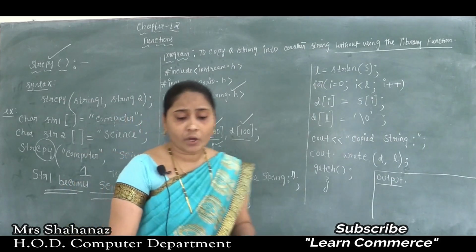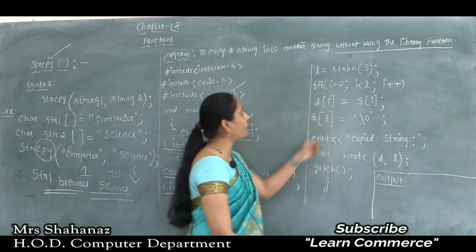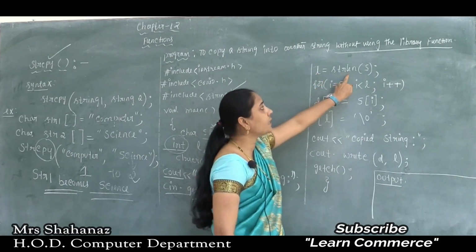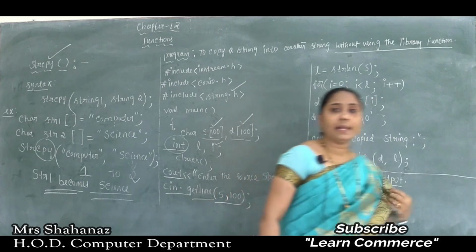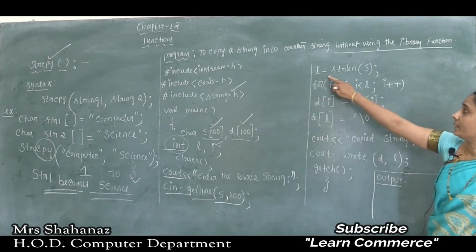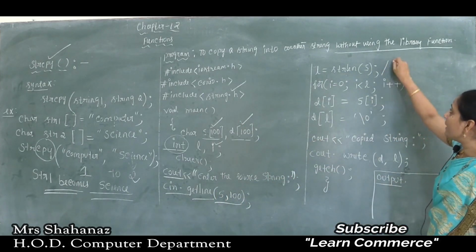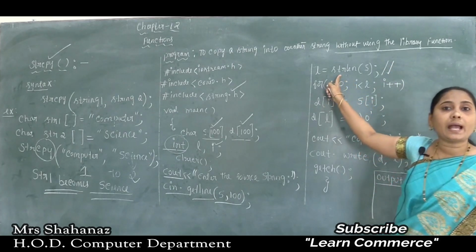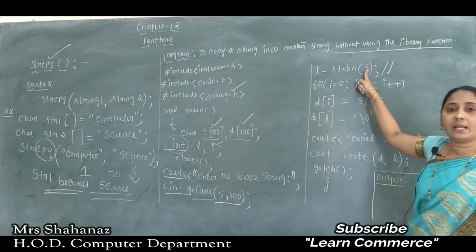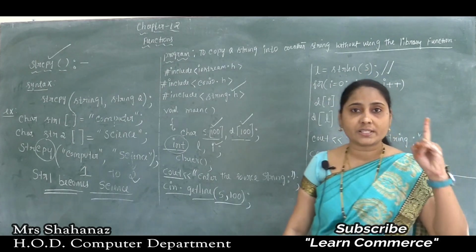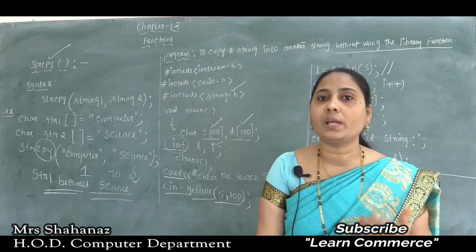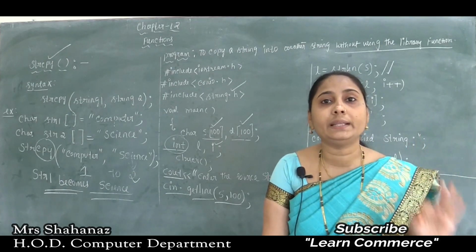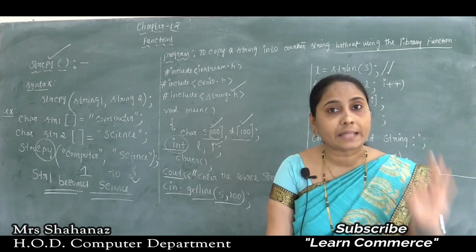And after that, let's see the next coding, how we are going to write. Whatever I wrote here, L is equal to strlen of s. The L is equal to strlen of s in this case. That means, just as the comment line we can write, here we are finding the length of the characters of the source string, the first string. As we know, the length of the characters means the number of characters within the string. How many characters are there in this string?